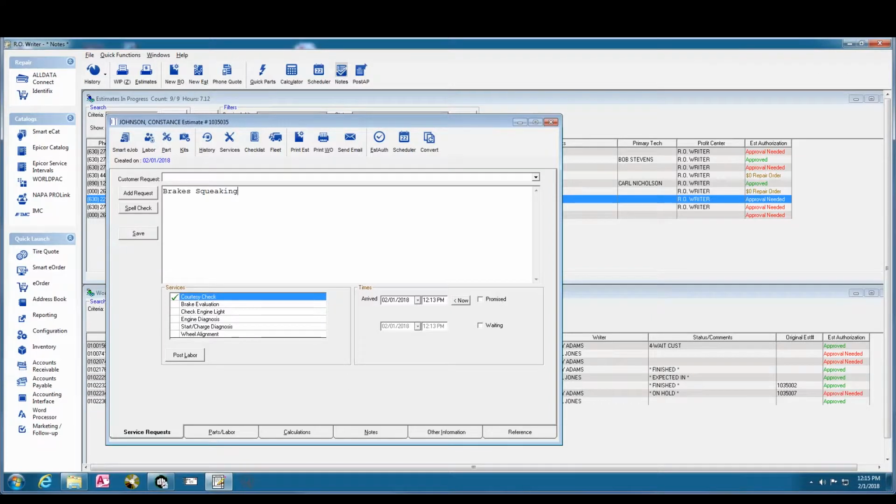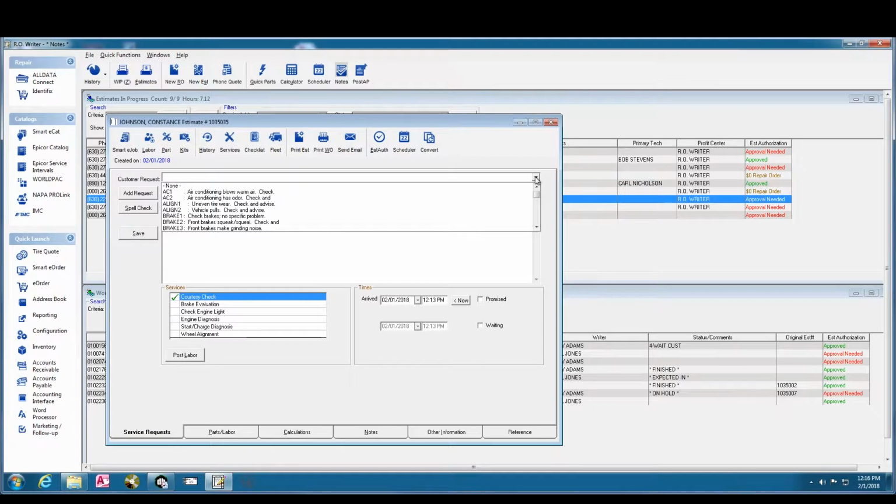As I'm typing in notes, if I want to make sure that those get committed to this transaction, when I'm done typing, I can hit save on the left-hand side. What you're going to notice is my flashing cursor goes away. That's my visual cue that I have clicked on save. Depending on how well you can type, you could use spell check to make sure that you've correctly spelled all of the different elements that we've included, and/or in this drop-down box at the top where it says customer